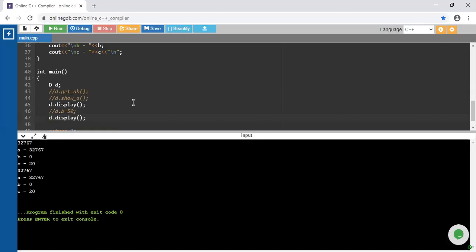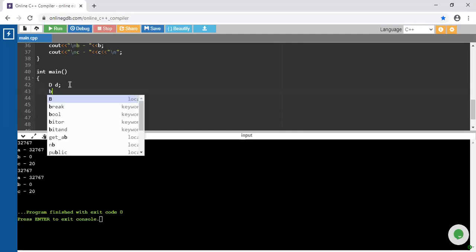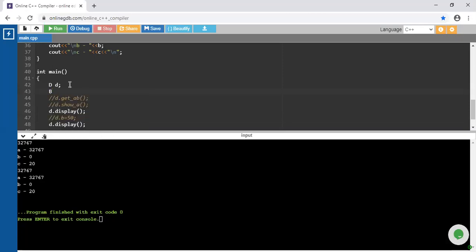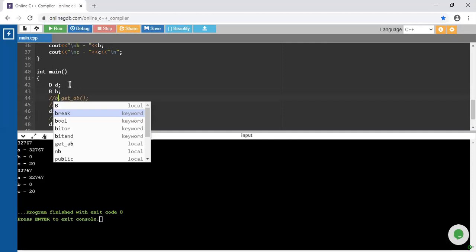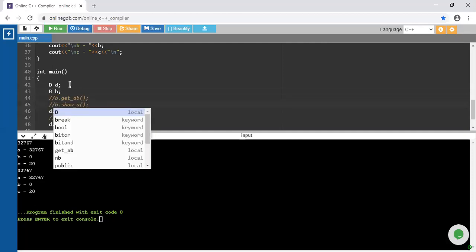But the remaining getAB and show methods are not accessible with the help of that object. Suppose I create the object of class B, and with its help I check whether all these functions are accessible or not.